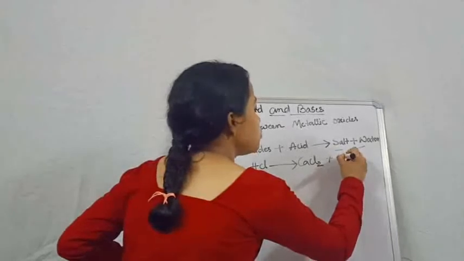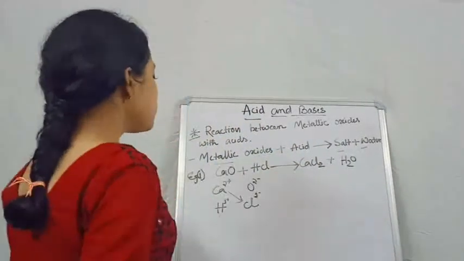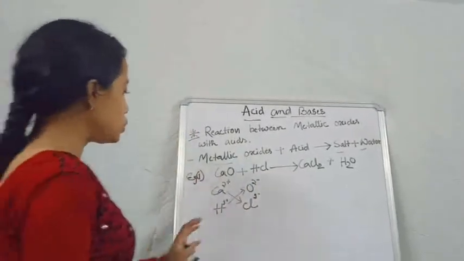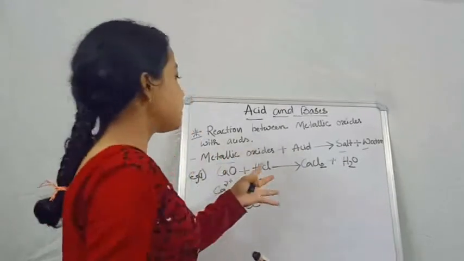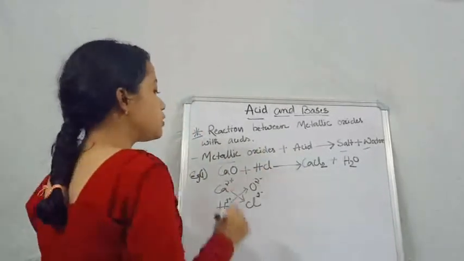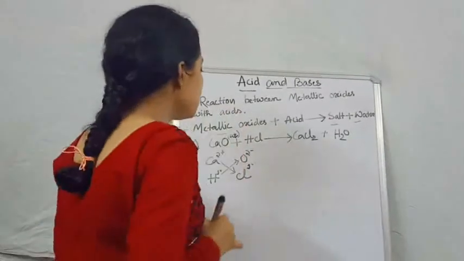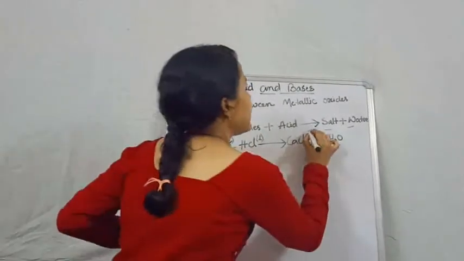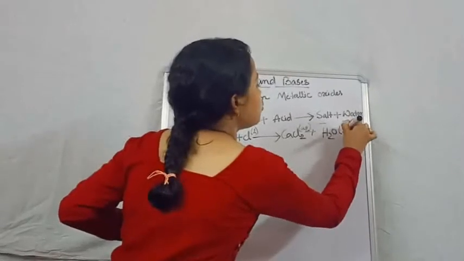Now it reacts to form H2O. So this is a very simple mechanism because there is nothing extra to teach you. To complete it, we just need to put the states here. Calcium carbonate will be in aqueous condition. Hydrochloric acid will be in liquid condition, calcium chloride again will be in aqueous condition, and H2O will be in